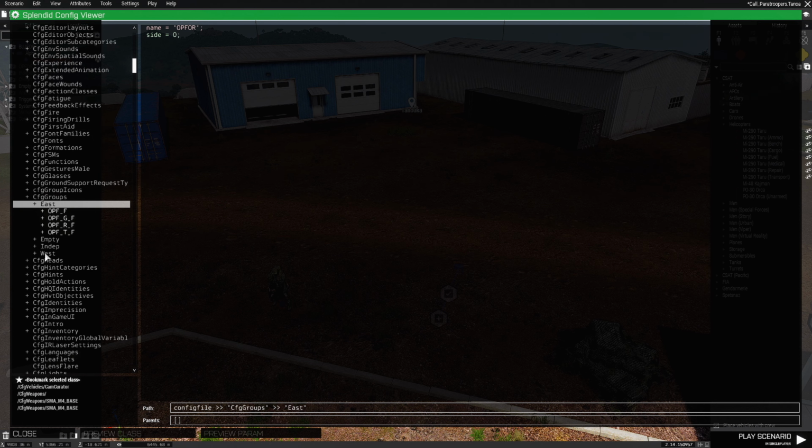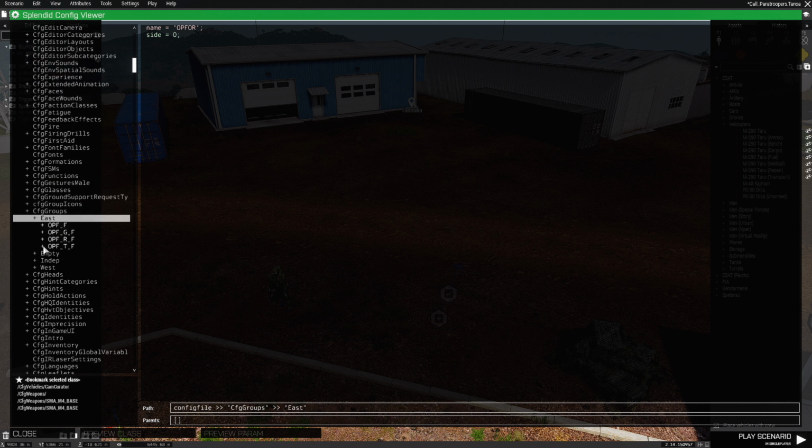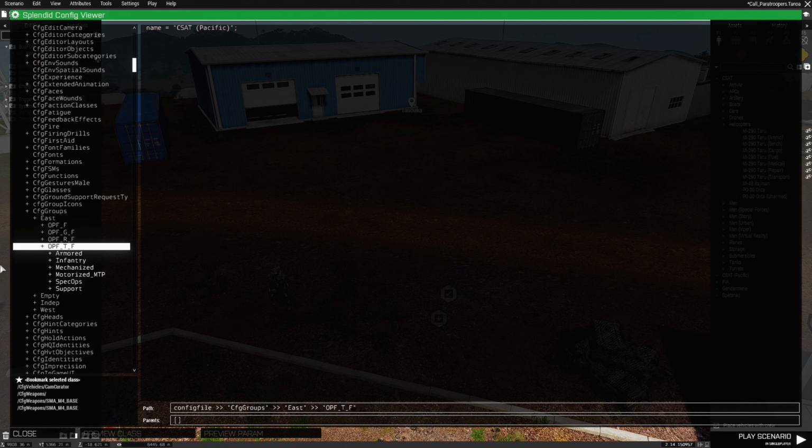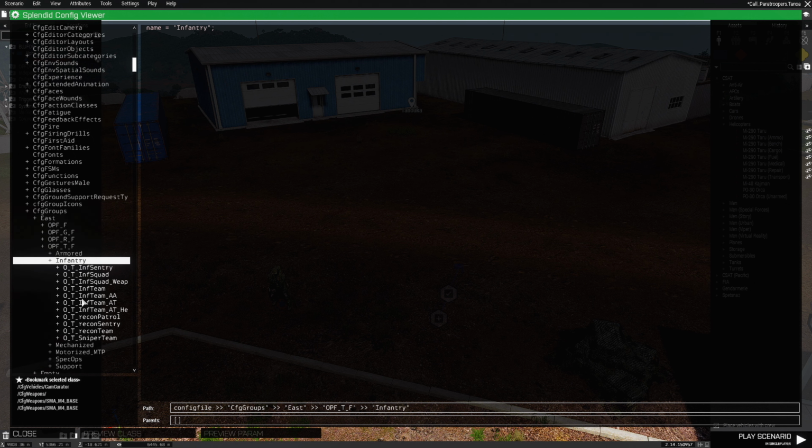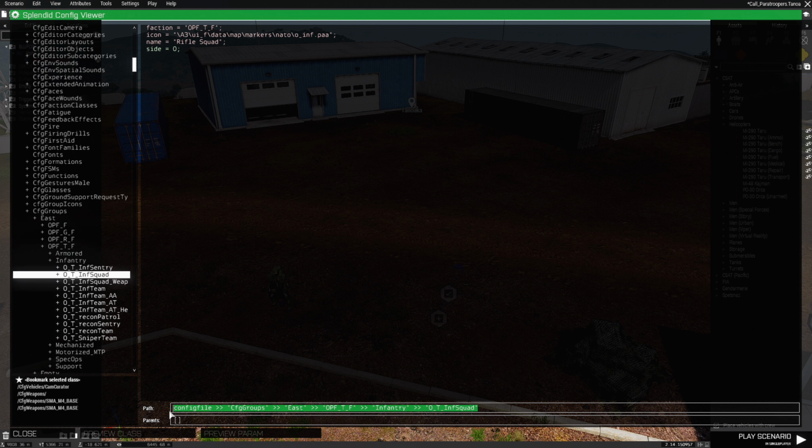That'll close the West category. And then let's choose a side that we want. So we want CSAT Pacific. Double click that, and we'll go to Infantry. And let's put down an infantry squad. This will be a rifle squad. And that sets that up. So we have config file, CFG groups, East, infantry. So we'll just highlight all this, press Control C, and once you have that,